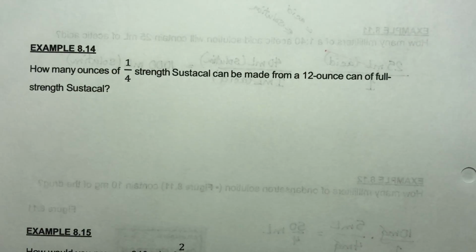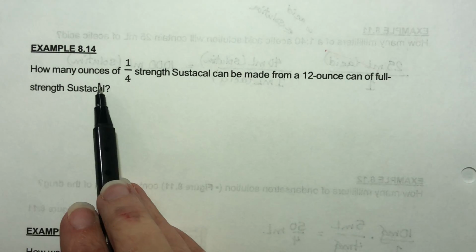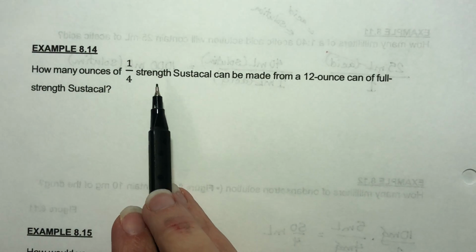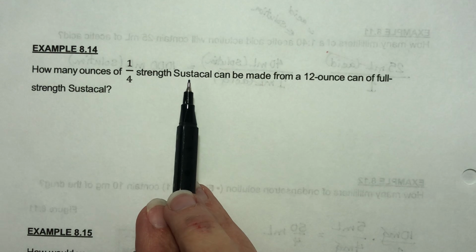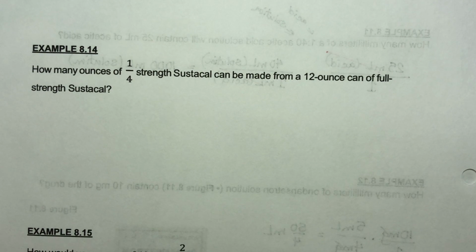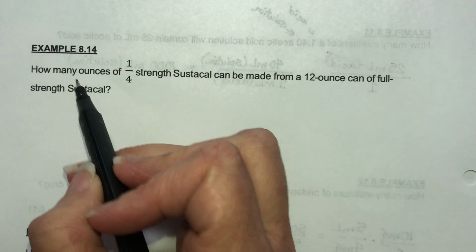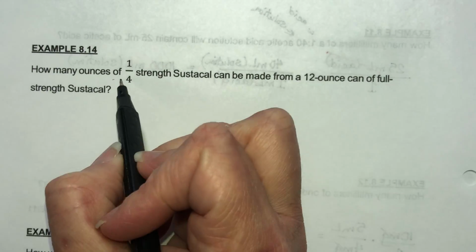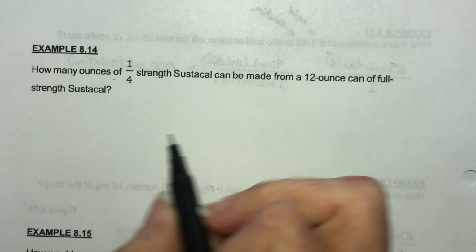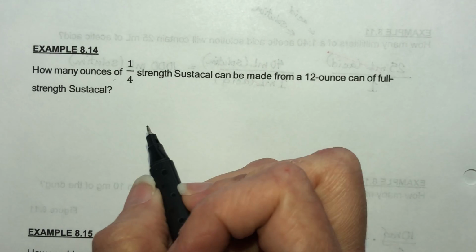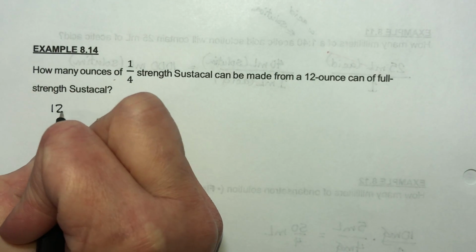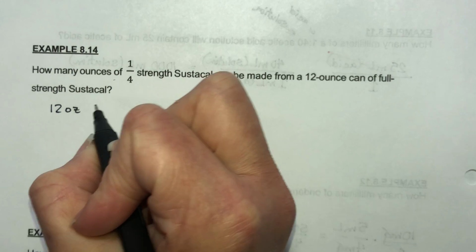Okay, number 14. How many ounces of a quarter strength Sustacal solution can be made from a 12-ounce can of full strength Sustacal? Okay, so I want a quarter strength Sustacal. So what am I going to do? I'm going to take that 12 ounces of the Sustacal